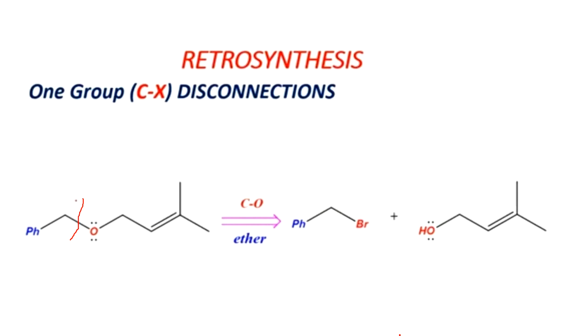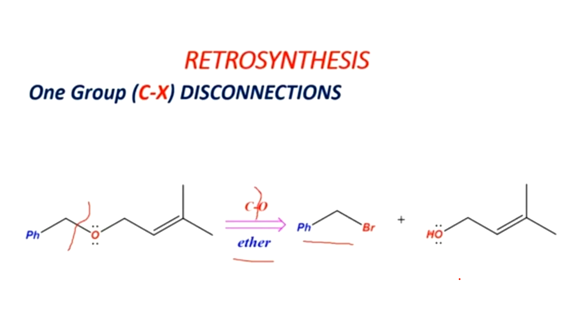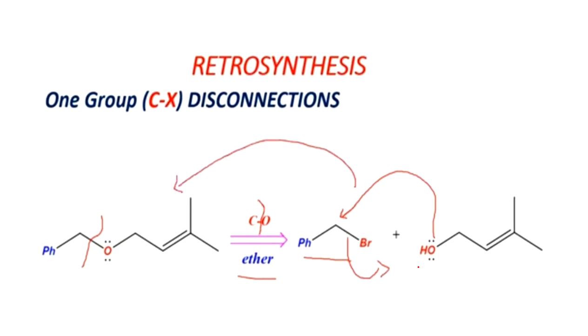Always remember we are doing a fragmentation in such a way that we get a stable compound, so we have to break the C-X bond or carbon-heteroatom bond in the given molecule. Here we are doing a fragmentation and we are getting these two fragments or synthons. While studying synthons we get a synthetic equivalent. We are doing a fragmentation on the given molecule and doing a disconnection.